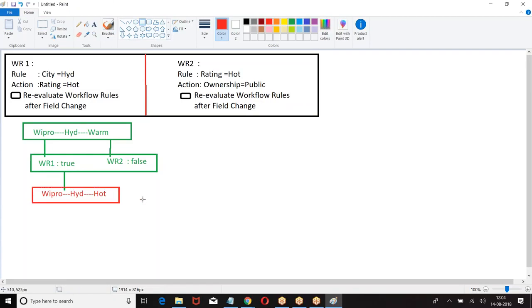The first rule is already verified. The second rule is already verified, it is false. Am I right? Now, if I recheck the rule, it will be true. Rule number 1 is true, action is performed. If I recheck the second rule now, it will be true. Am I right or wrong? Workflow rule number 1 modified the data, so now if I check the rule, it will be true.